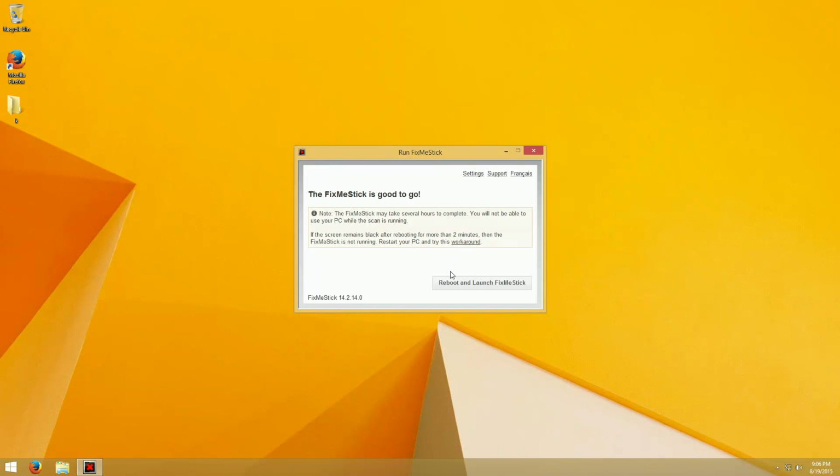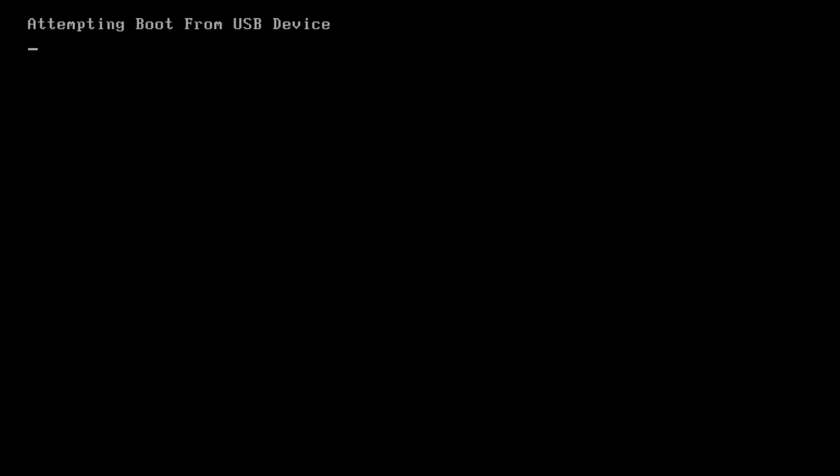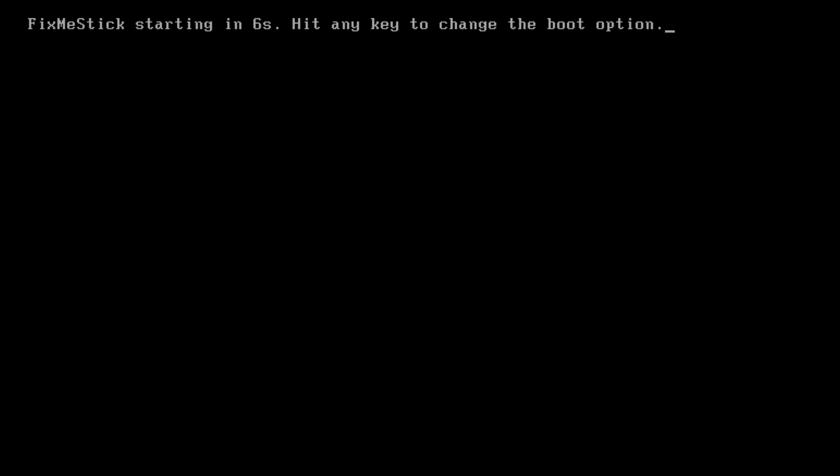And let's see, is there even a Windows thing on here? Or is it just going to take me to the bootable? I think this is just going to take me to the bootable. Hope it's configuring my PC. I'm not sure what that means. And I assume it's just going to boot the USB. Yep. Okay, so I was sort of under the impression that the FixMeStick had some sort of other Windows scanner,